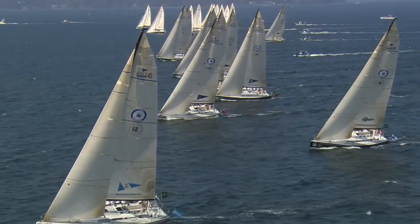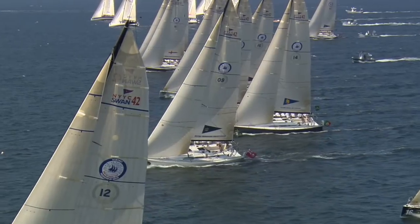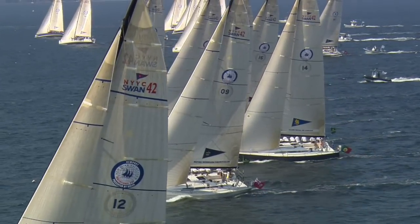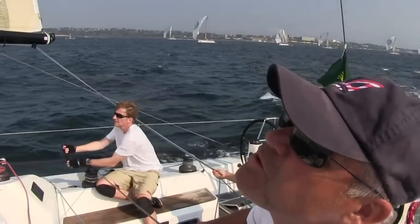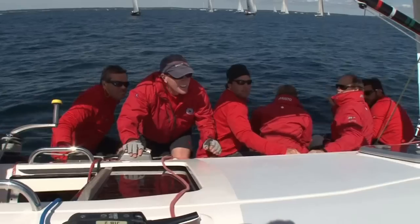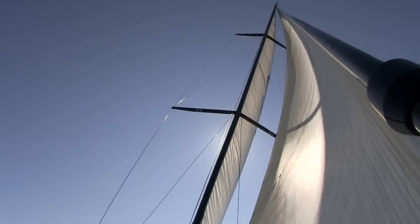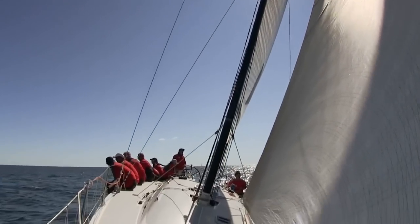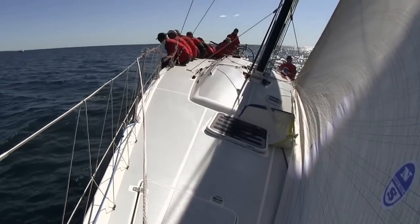In addition to the suggestions mentioned over the last few minutes, it's good to keep in mind some of the other factors that will impact your performance. Australia's going for the right-hand side. I want to do the same thing. Smart tactics. Trim, trim, trim. Good sail trim. Crew placement. Is there more breeze overhead, man? Do you see anything? And the ability to adapt to changing conditions all will have an impact on the boat's